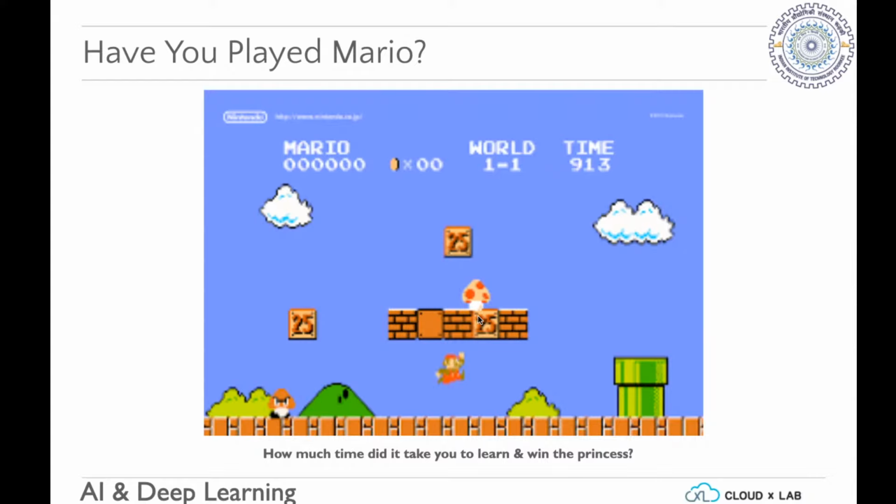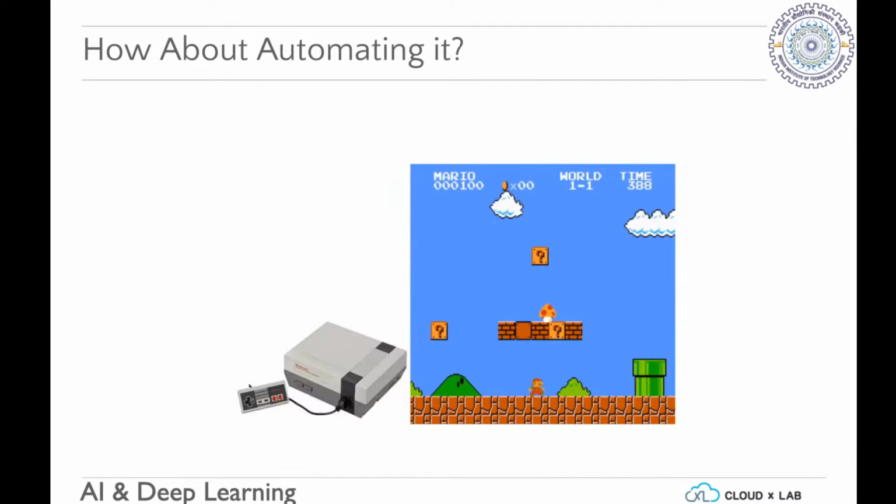Now what we'll show is: can the computer also play the game and win? Okay, we'll see that. Actually, it is possible. We can automate this, and we will see a demo of that happening. The program can learn to play the game Mario. How does the program do it?